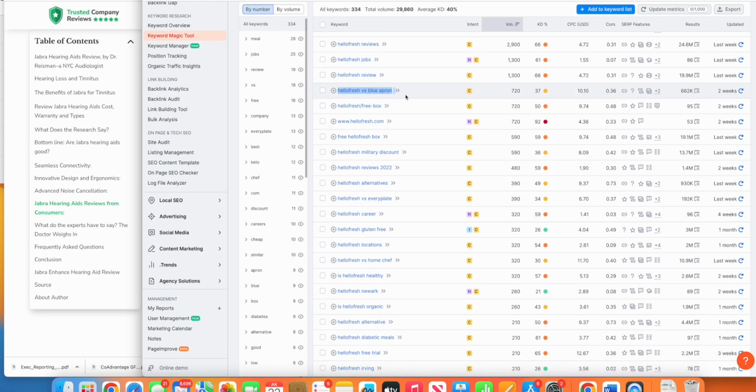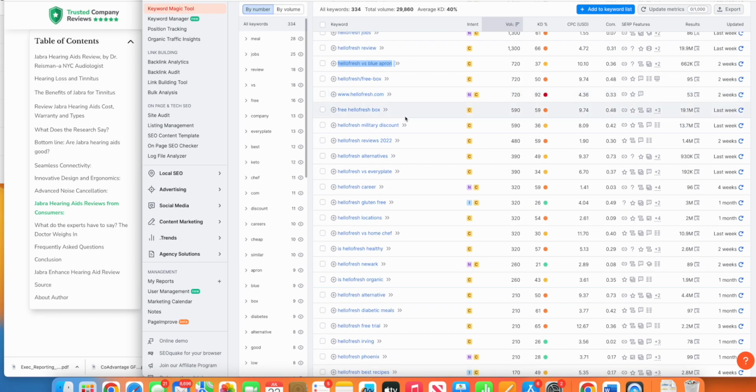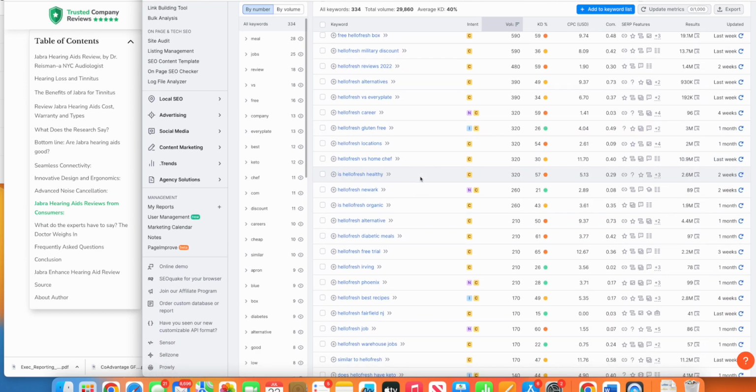This is going to be another secondary keyword. So you can just pick which ones you want to include on the page. Maybe you'll have a section that talks about how to get a discount, how to get the best price on HelloFresh meal delivery services. You're going to include a couple different comparisons. HelloFresh versus EveryPlate. That's another good one that people want to know about. HelloFresh versus Home Chef. So throughout this page, we want to include